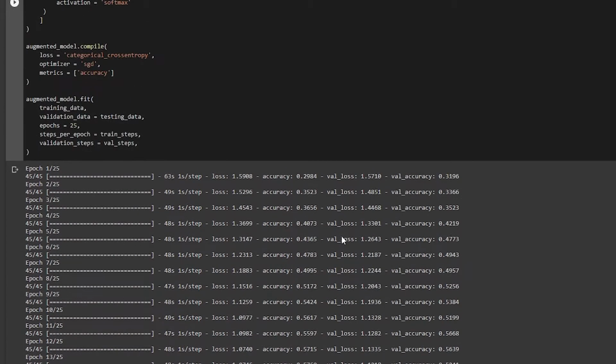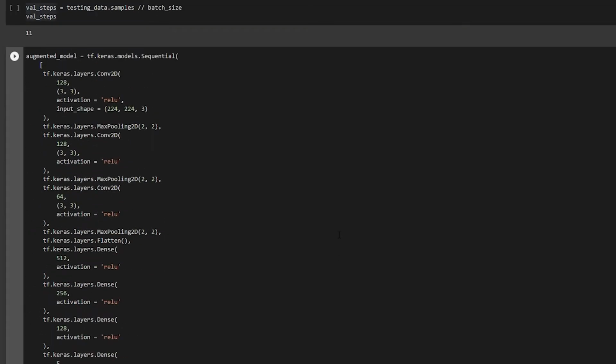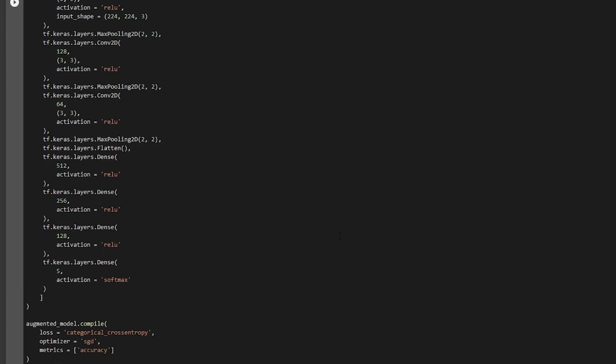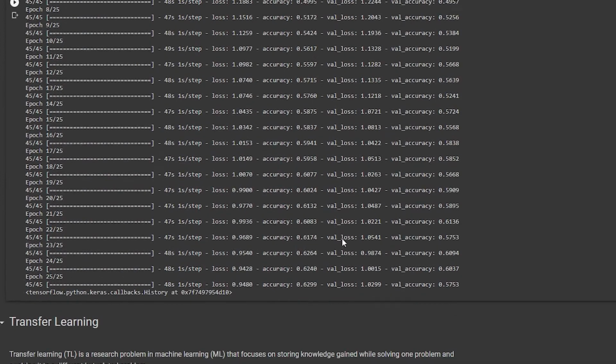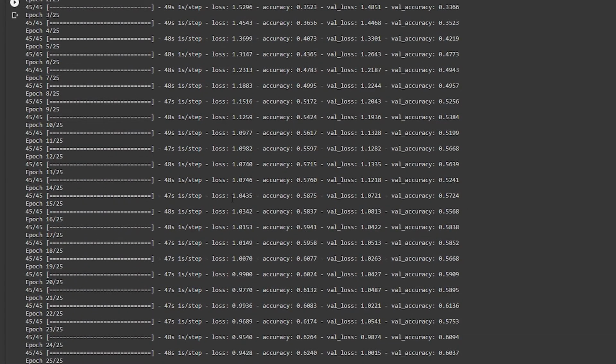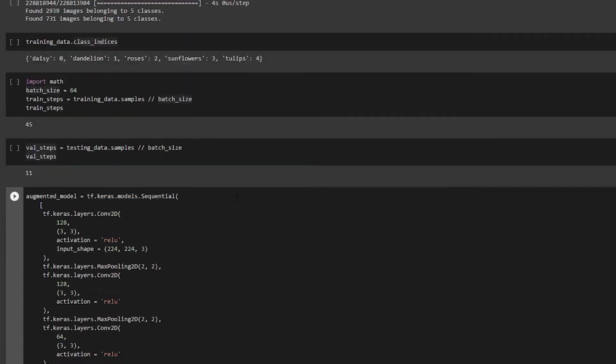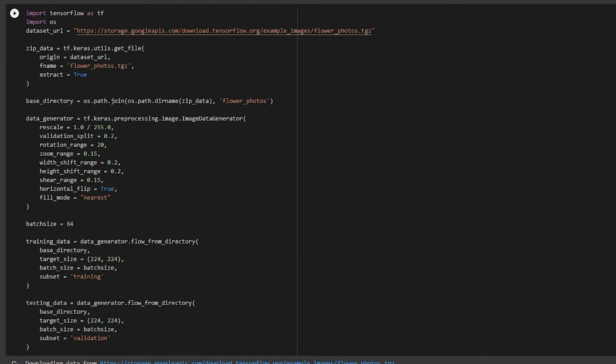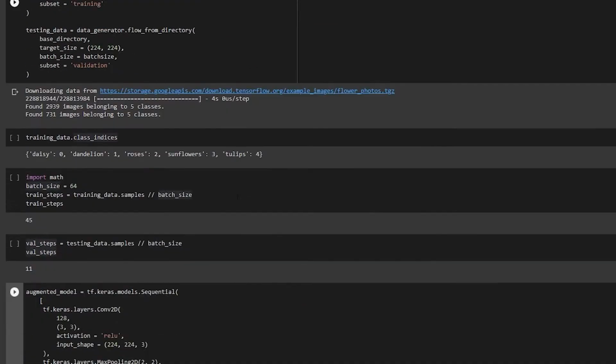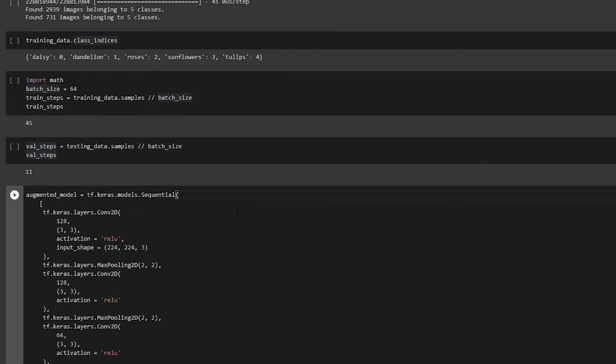Okay, so even though my network is now fully matured, I haven't used any dropouts since I'm using augmentation, but my accuracy is very poor. So how am I actually going to work on this accuracy? That is the thing we are going to solve using transfer learning, because everything seems fine. I'm already augmenting the data. Even if I don't regularize, the accuracy is up to the mark. But what is the issue that is actually happening over here?